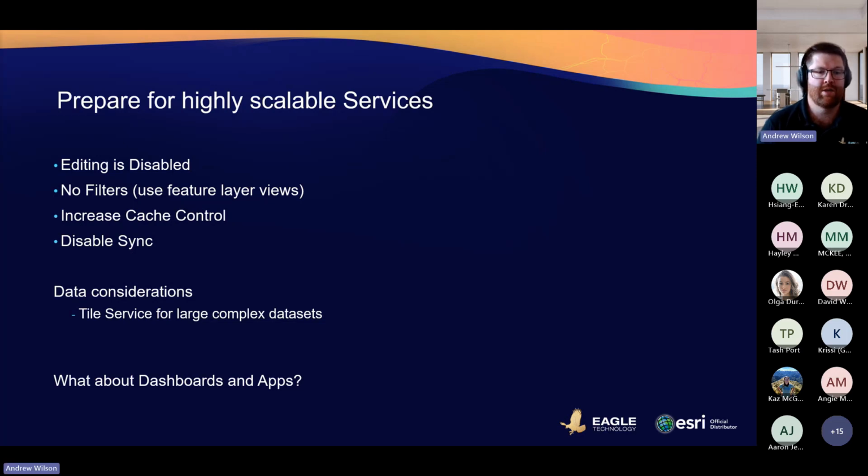But another key one is, what about dashboards and apps? Similar principles can be applied there. For filtering, stay away from the spatial method and instead use the field method. So you might have to change your data sets to allow for this. Spatial filters require a lot more requests and are generally a lot slower for a large amount of requests compared to an attribute filter.